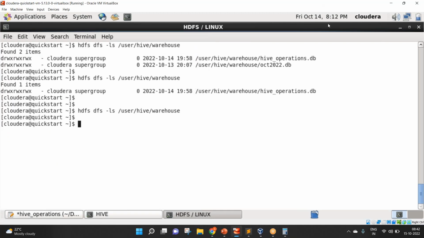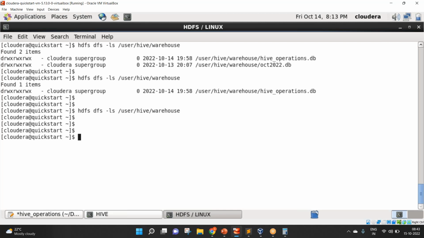If your database is empty, if it doesn't have any tables, then you can go ahead and drop that database. But if your database is not empty, even if it contains one table, it won't allow you to drop the database. So you have to switch to the database, drop all the tables,